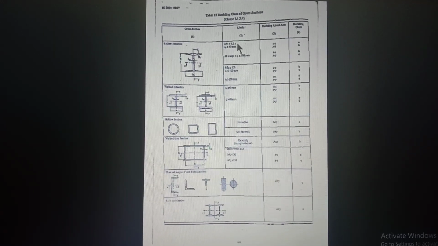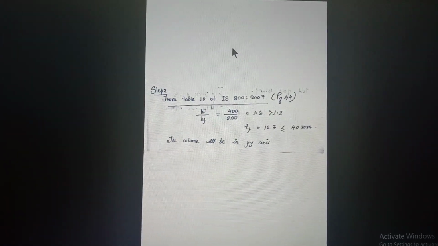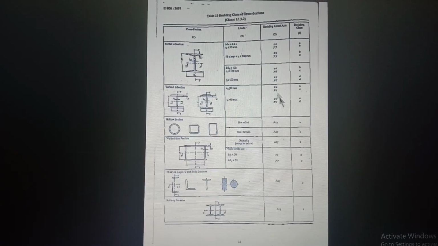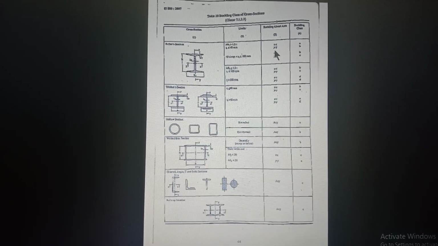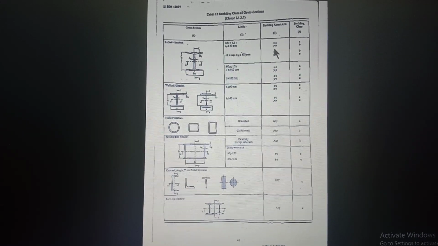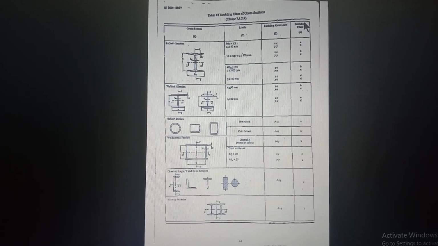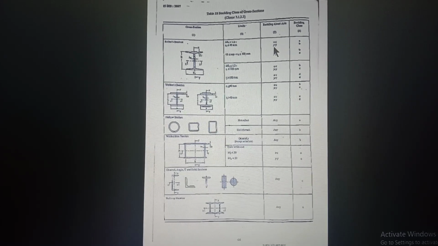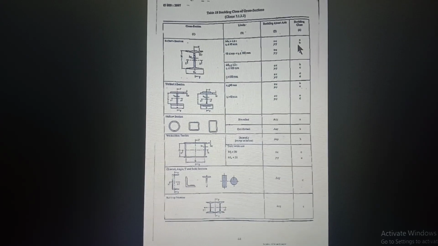Then we have to see what TF is. If TF is less than or equal to 40. So let's see, our TF is 12.7. So yes, it is less than 40. That means our first condition is satisfied. Now see, it is buckling about which axis? We have two, ZZ and YY. Now see, a column always buckles about the YY axis. Now for the buckling class, we have two buckling classes. So which one will you refer to now? Since it is buckling about the YY axis, our buckling class will be B.